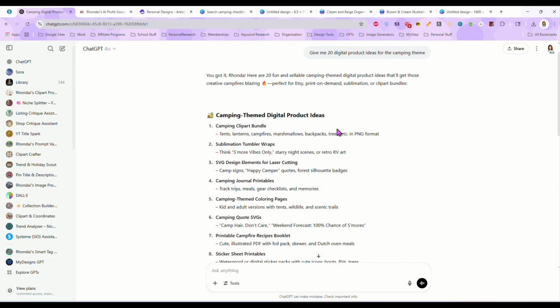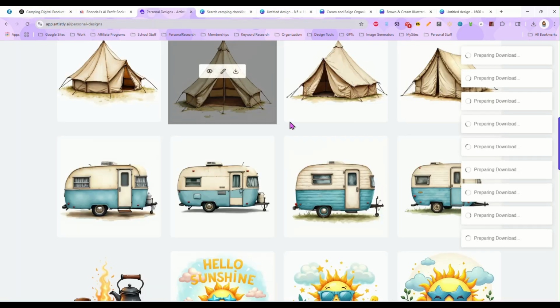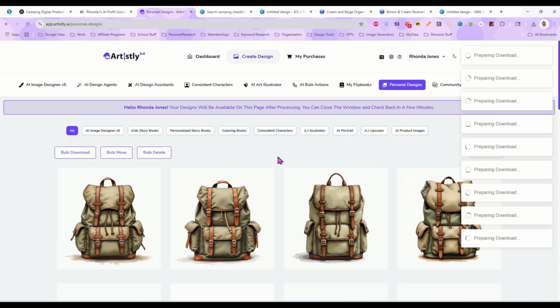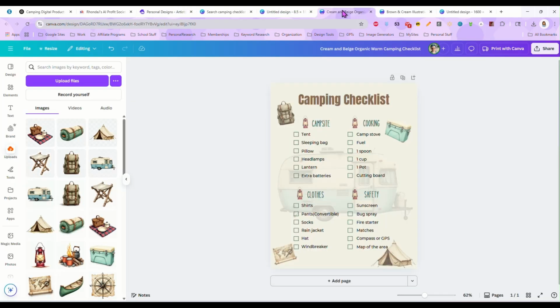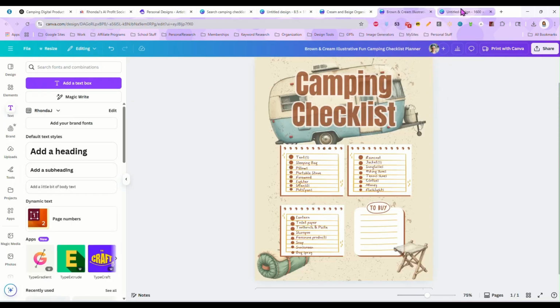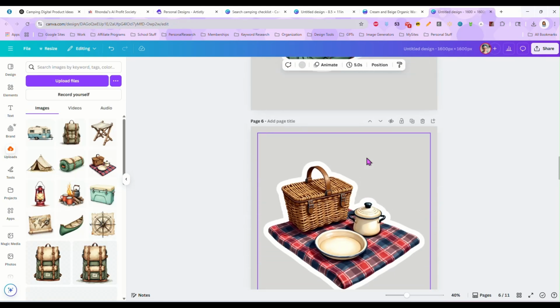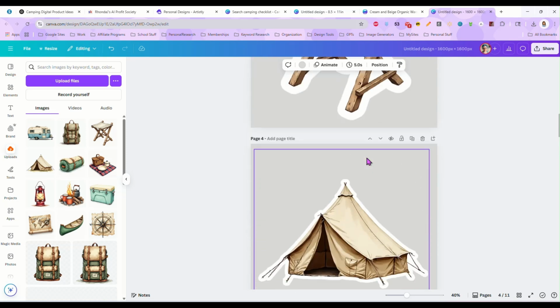So there's just a bunch of different ways you can take this one set of clip art that we just made and turn it into a variety of products for your Etsy shop without doing a whole lot of work,